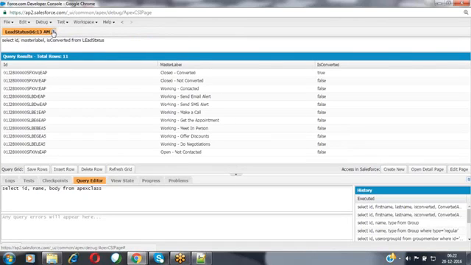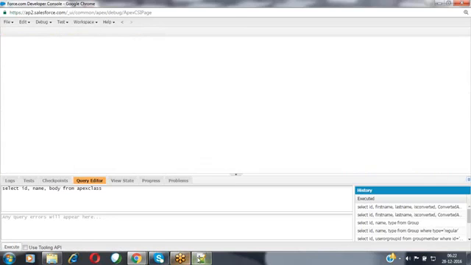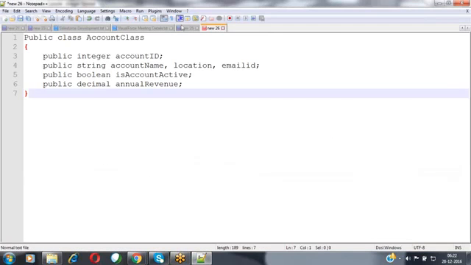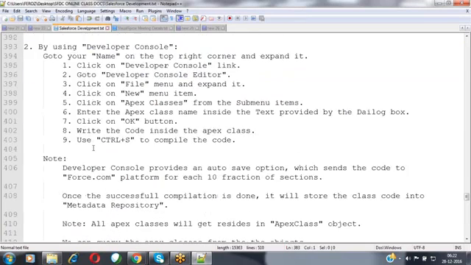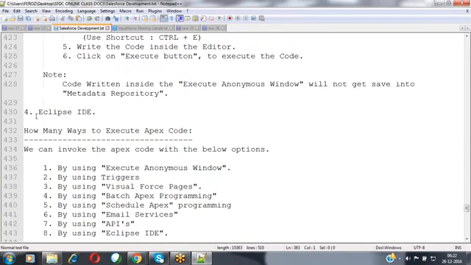Whenever you are writing Apex class code, we can write a maximum of 30 lakhs characters of Apex programming code. Now, there is a limitation available to you.